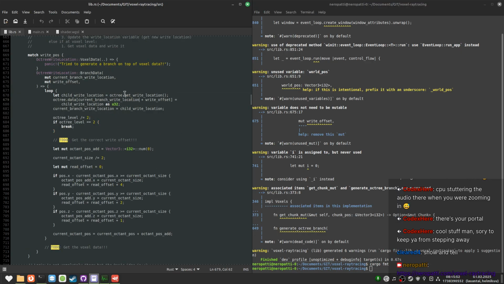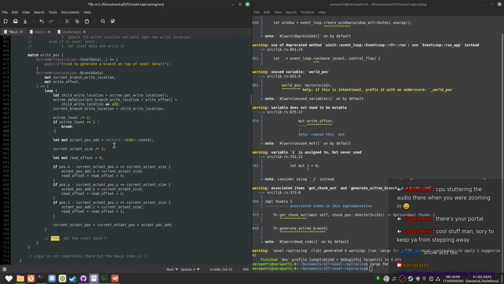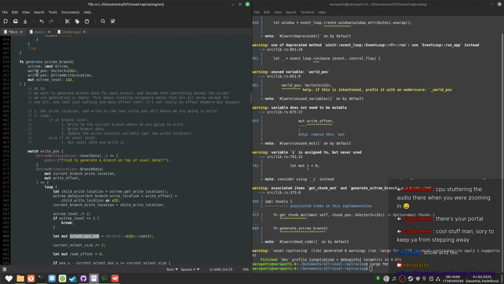Yep. We don't have the position of the branch, which sucks.